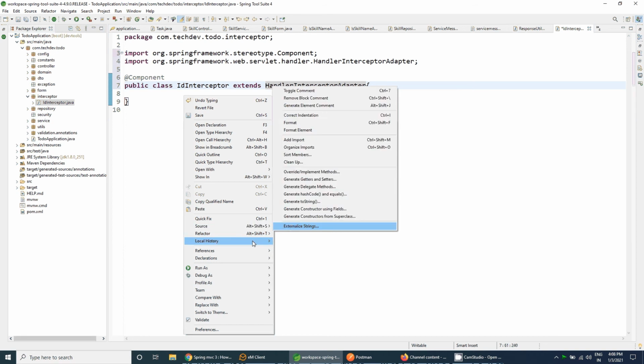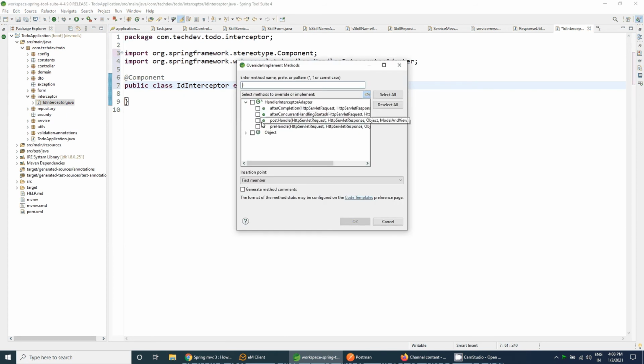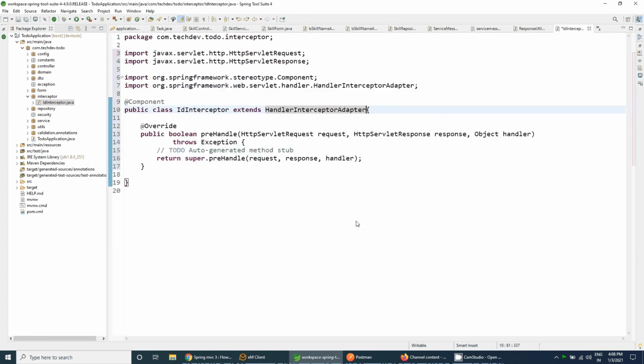Go to Source and generate the override or implement methods. It will contain these methods: afterCompletion, afterConcurrentHandlingStarted, postHandle and preHandle. We need to validate our path variable inside our preHandle method.